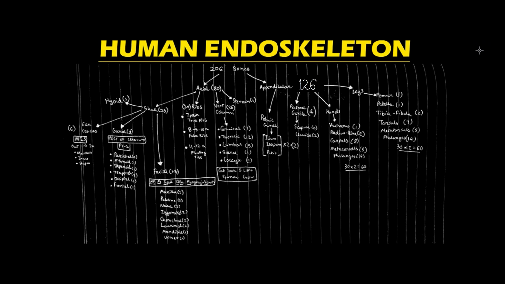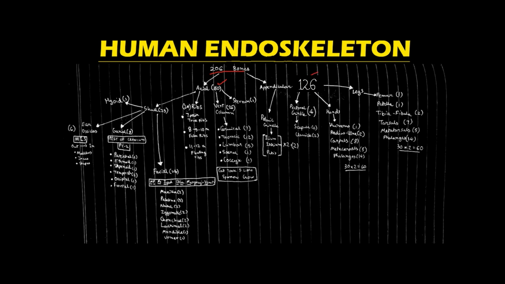Here I have taken a chart of all the bones present in our body. I would like to discuss each of them from the 3D diagram. First of all, in the human body we have 206 bones, as we all know. Then the 206 bones are divided into the axial bones and the appendicular bones, or the axial skeleton and the appendicular skeleton. The axial skeleton in total has 80 bones and the appendicular skeleton in total has 126 bones.